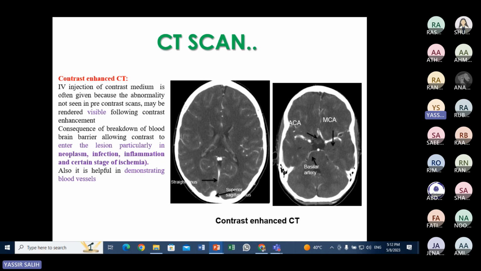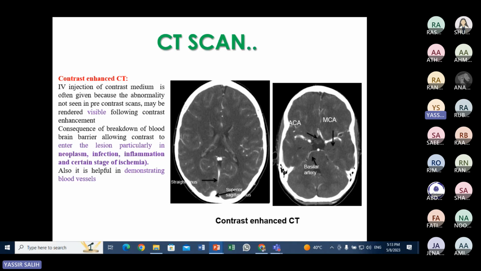This is called contrast enhanced CT. For the brain, it's called brain contrast enhanced CT, or contrast enhanced CT brain, or brain CT with contrast. The important thing is to say there is a contrast, but it could be done without contrast. There are many indications for contrast administration, but not every patient requires IV contrast. CT with contrast is done by injection of contrast medium